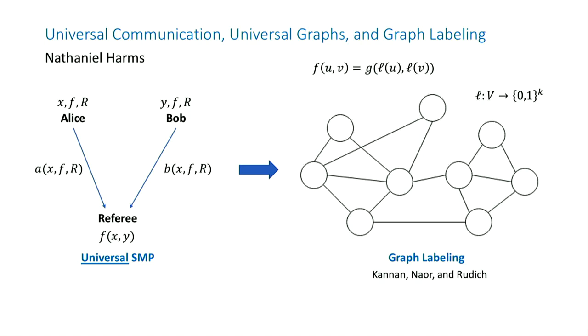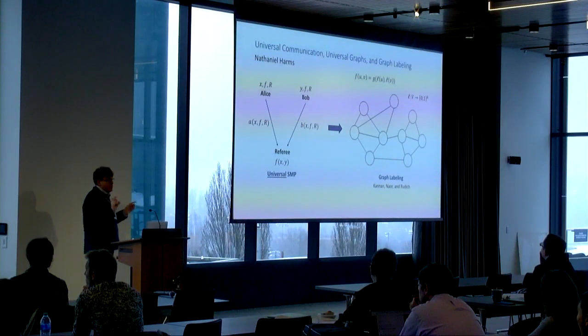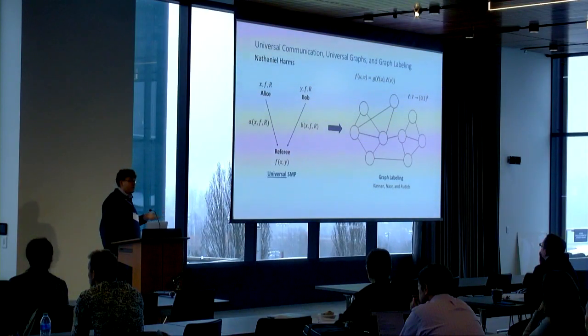So it's an elegant question where you are given a graph and you want to assign labels to the individual nodes such that you can decide some pairwise property of vertices just by looking at labels. For example, you just look at the labels of two vertices and you want to say, are they adjacent or not? And now here, the connection with communication is that he introduces a model of simultaneous message passing